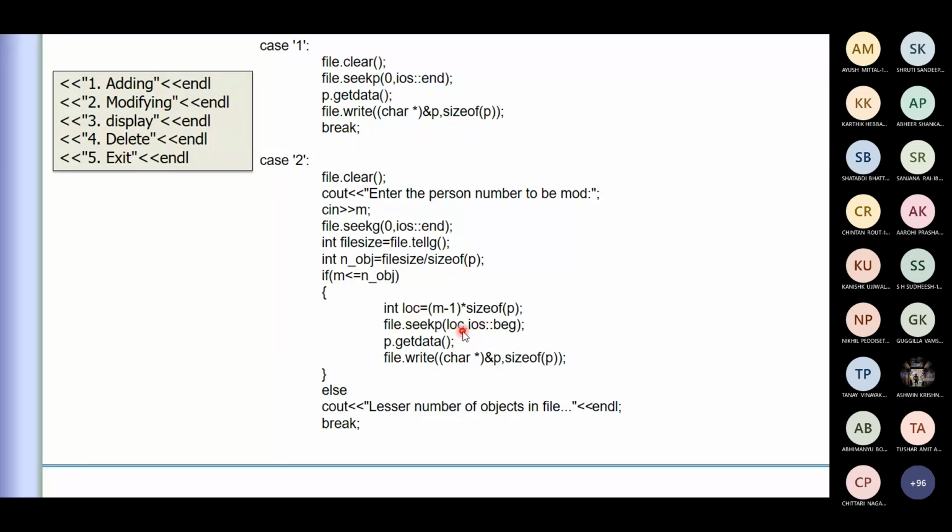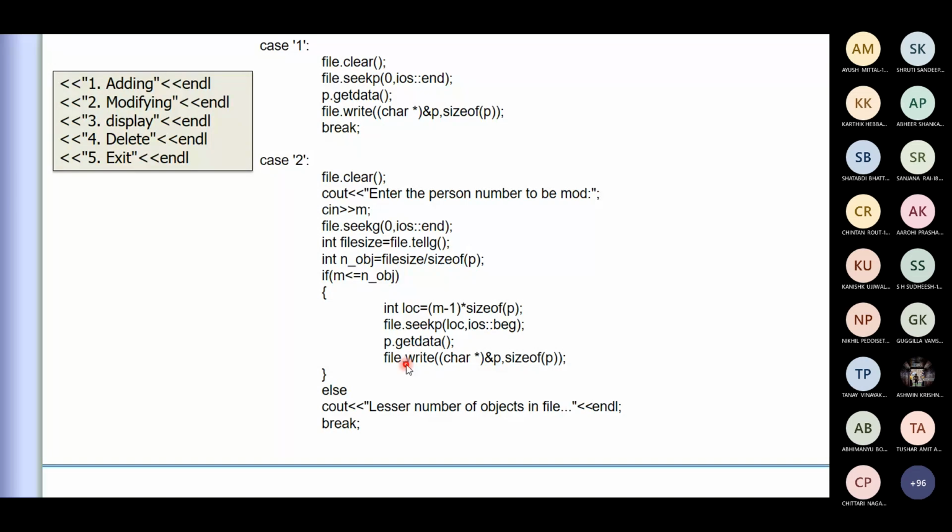Then you are getting the data. So this is the new modified data. Say for example, previously the name was Ramya S or something, and now I want to modify it to just Ramya. You take the content from the user, this is get data, that information. This is in object form and is reinserted at that particular position. That is how you do it. Once you complete this if condition, the modified content is placed at the third position of your file.